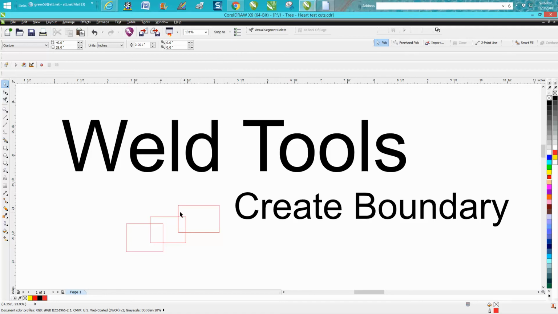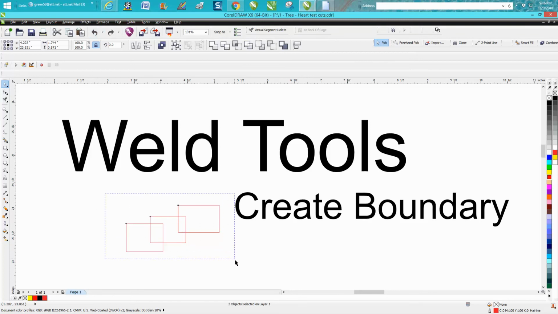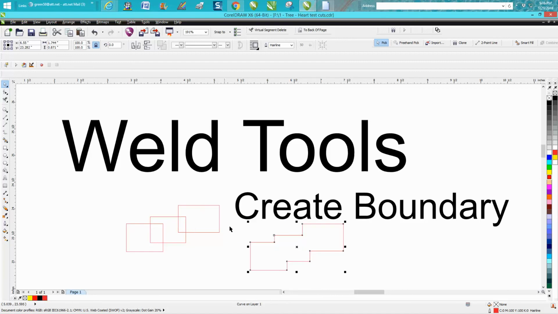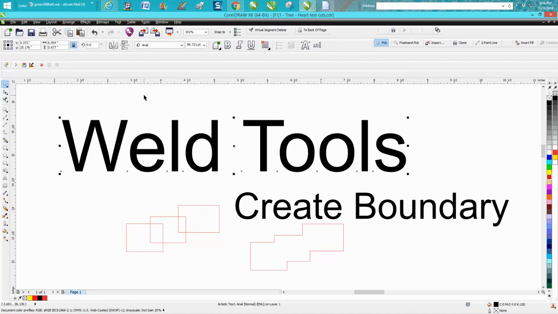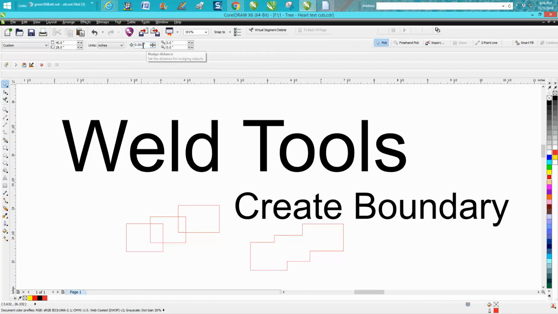So if you have three rectangles like I have here, and you want to weld them, then the weld menu comes up. You want to create a boundary, it's right there in the weld tool, create a boundary, and then you have a boundary. So there's a lot of tools that disappear when you're clicked on something, like your nudge factor and